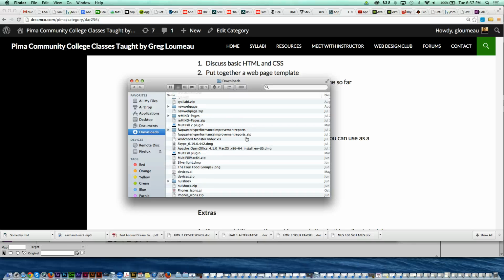Then you'll have to right-click on it and extract all the files, which will open them up from the zip folder. And then you'll have to open up Dreamweaver, go into that folder, and open up the index.html file.